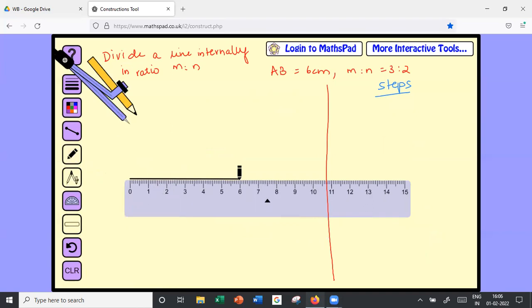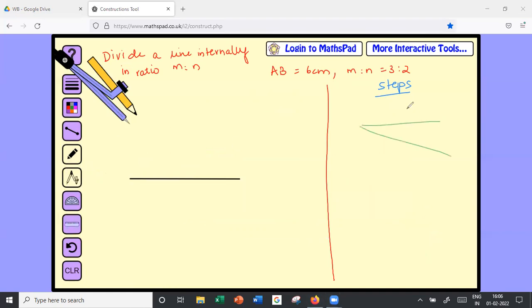Ma'am, your voice was breaking. Can you please tell what you have to do next? Yeah, you can draw 3 points. So our ratio is 3:2, right? So this is your line. It looks something like this. Draw 3 points here. This is A, B, this is Y, this is X. And draw the remaining 2 points here, same like before, all with the same equidistant length. So you keep your point here and then you cut, then you keep your point here, then you cut and so on. Similarly on this side as well.